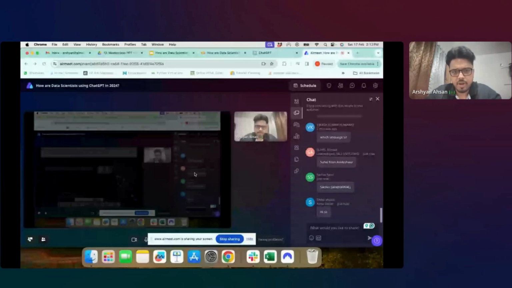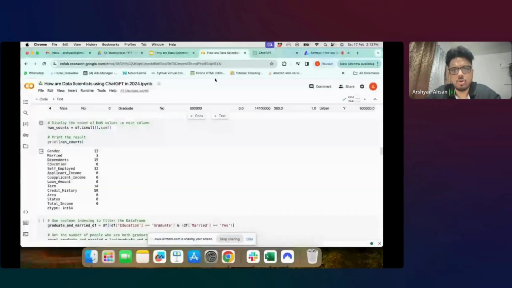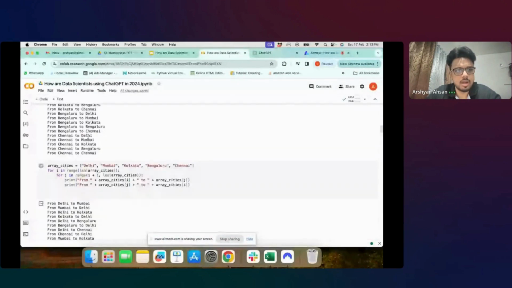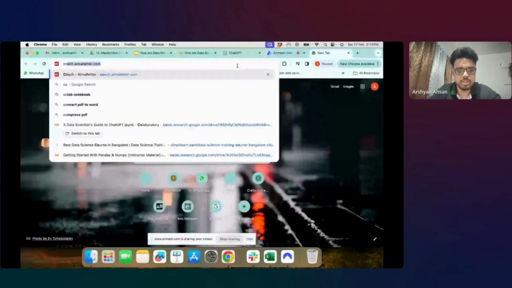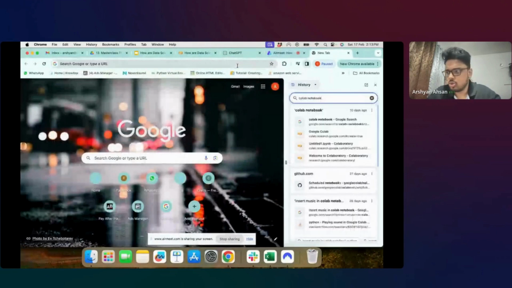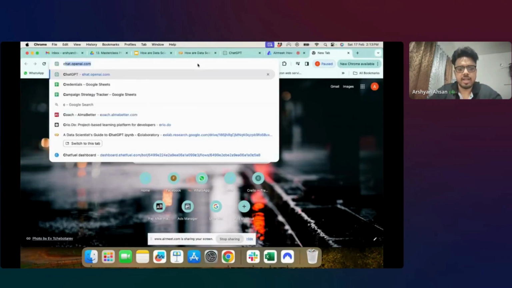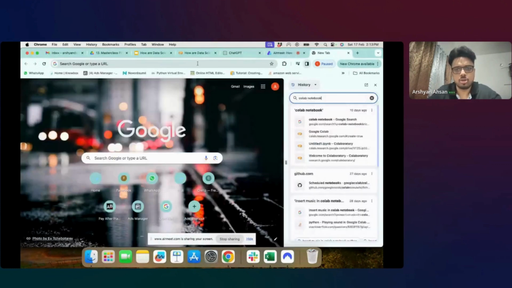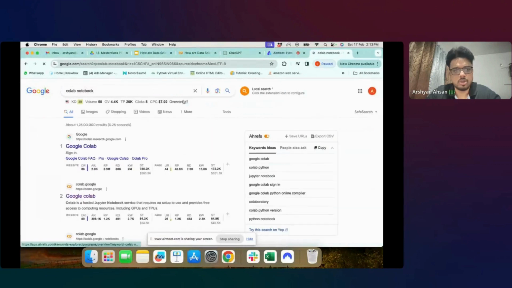So, guys, if you are here with me, there are three requirements for today's session. One is that you open a Colab notebook. Colab notebook is a free service from Google. If you just search Colab notebook, those who know coding or have a little bit of experience around coding must have an idea of what it is. For those who don't, this is an IDE wherein you can run your code on the cloud and experiment with things. So I'll just show you guys.